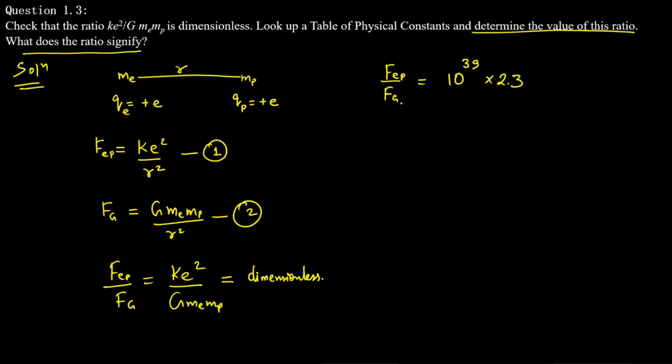Okay. So again I told you the last part. This simply shows the electrostatic force between electron and proton is very much greater than that of gravitational force. The conclusion is electric force is stronger than gravitational force. Okay?